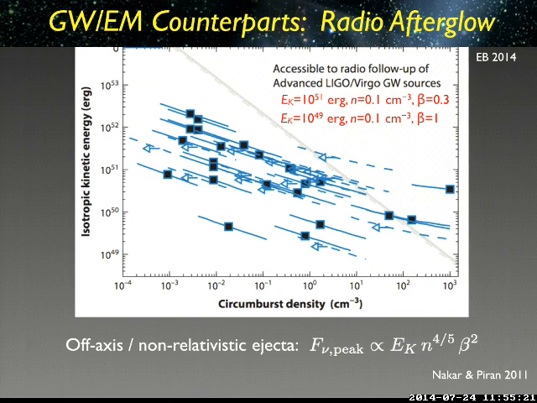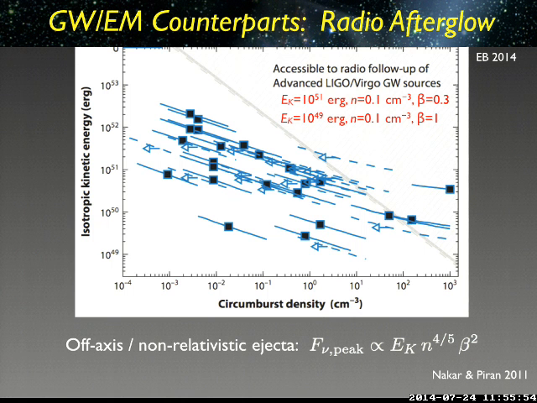Now, part of the reason for this is that when you look at something off axis, by the time the jet opens up and comes into your line of sight, the peak of the emission is down in the radio. And in the optical, you're looking at kind of the tail of the emission. So that tells you that in principle, the place to look is in the radio. And that was pointed out in a paper by Udi Nakar and by Tzvi. And there are fairly straightforward ways of estimating the brightness and the time scale on which that emission will be